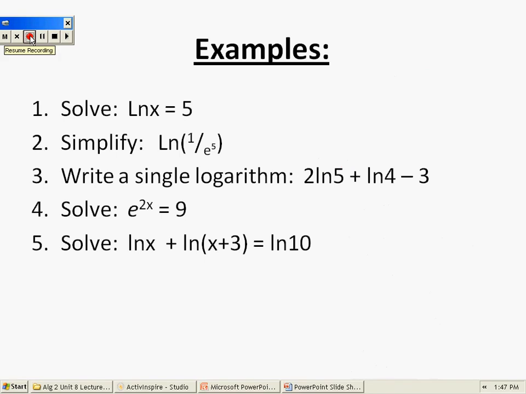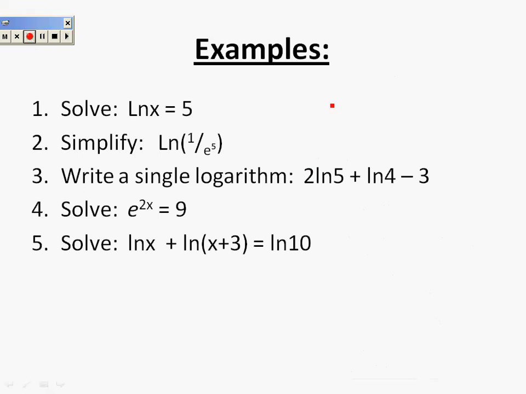Okay, so we have e to the 2x power equals 9, and we want to solve it. Well, where's my variable? It's in the exponent. How do you solve problems with them in the exponent like that? Change it to log form. So what we have then is log base e of 9 equals 2x, right? Now, what the heck am I going to do